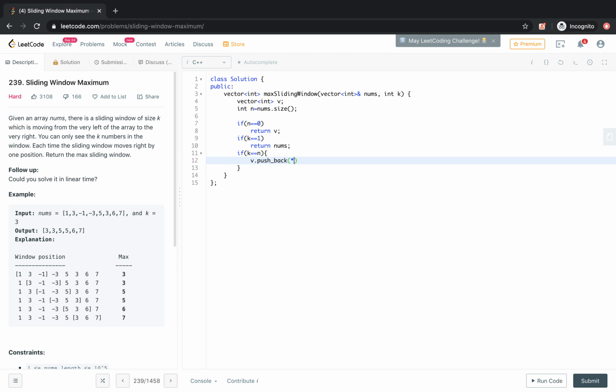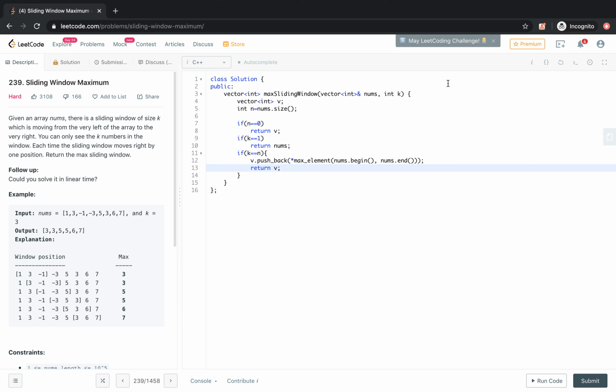We will find the max element by using the C++ method max_element on nums.begin. Basically it finds the max element of the nums vector. We will just push back that element and return v.